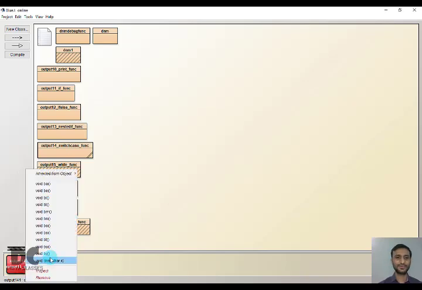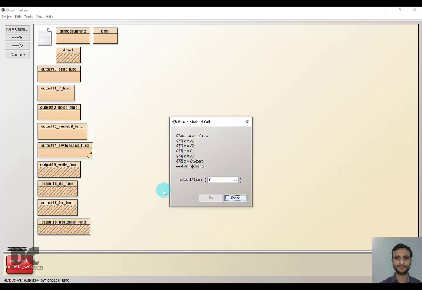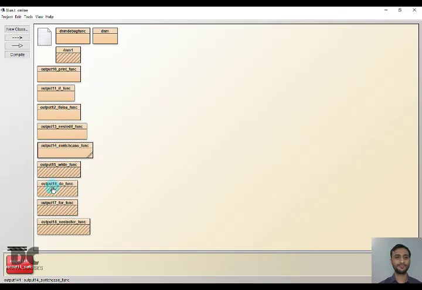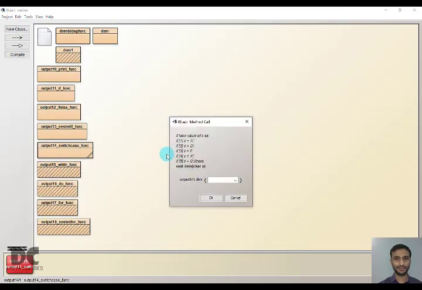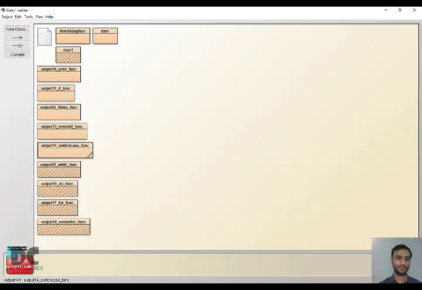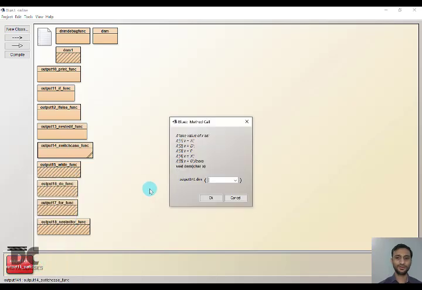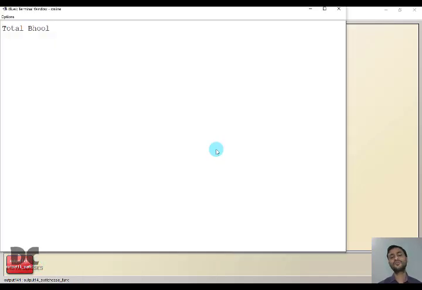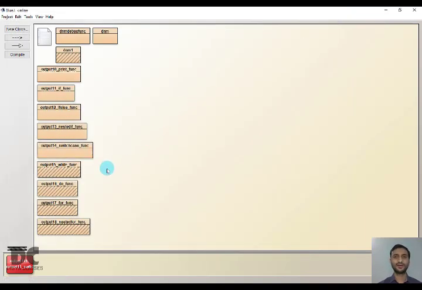Next we have small f, Bn. Then we have capital X, boo. And the last one, we are giving the value 0. 0 was not present, therefore default was executed and total bhool was printed. Understood?